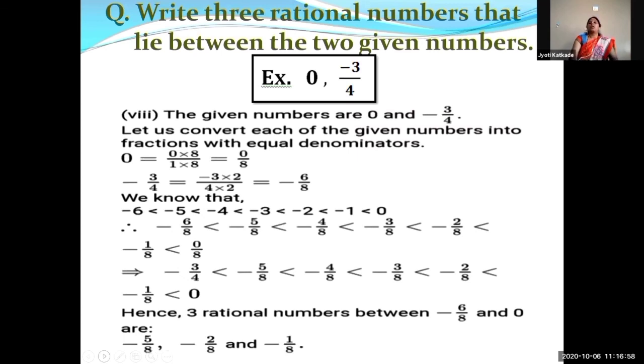Now, tell me, do you understand this topic? All of you understand this topic? Okay. Yes, Miss. Have you any question regarding this? No. Okay. So tell me how we can convert the denominators into an equal denominator by taking LCM. Very good.